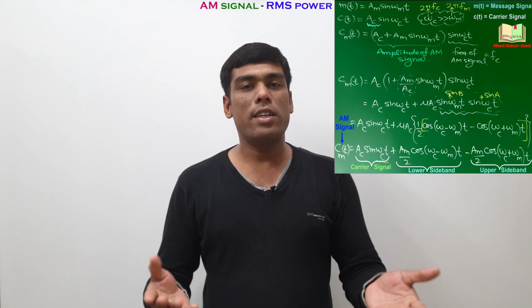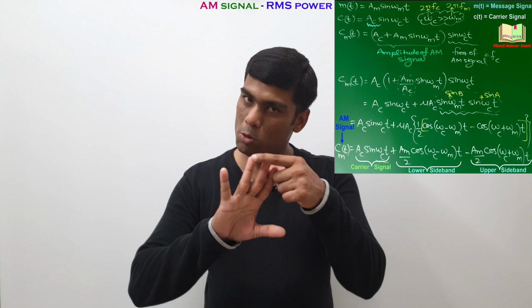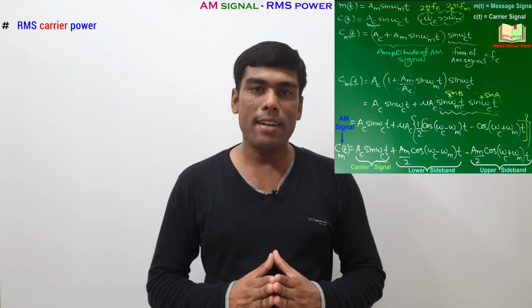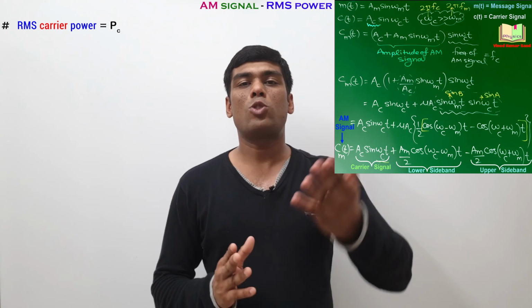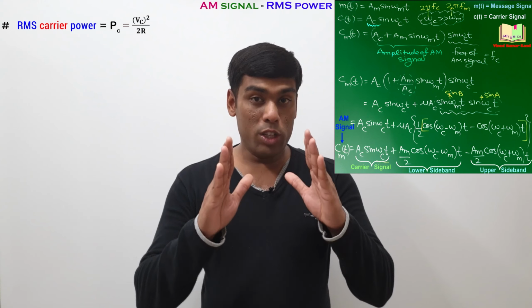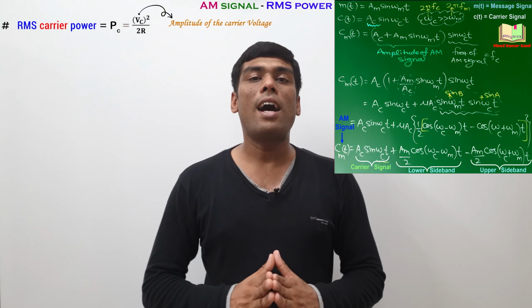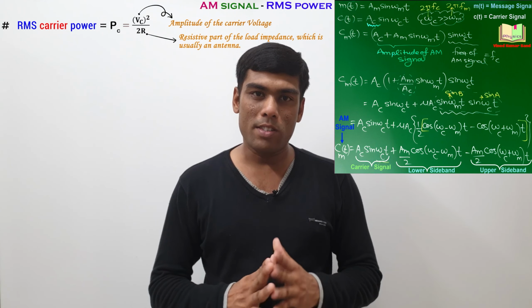Hello everyone, in this video we'll be talking about the RMS power of AM wave. As we already know, AM wave has a carrier signal plus two side bands. So the RMS power of the carrier signal is equal to PC is equal to VC square by 2R. Here VC is the amplitude of the carrier voltage and R is the resistive part of the load impedance, and